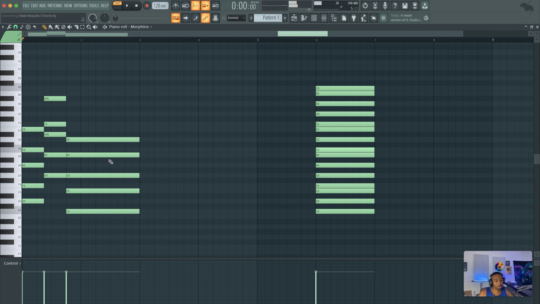So now I'm going to get a little more advanced. Okay, I know I've been speaking of music theory for the last like 5 minutes, but we're going to get a little more advanced here, though I'll try to simplify it. Part of the lush sound is going out of key on purpose. So I'm going to show you guys how to go out of key on purpose.